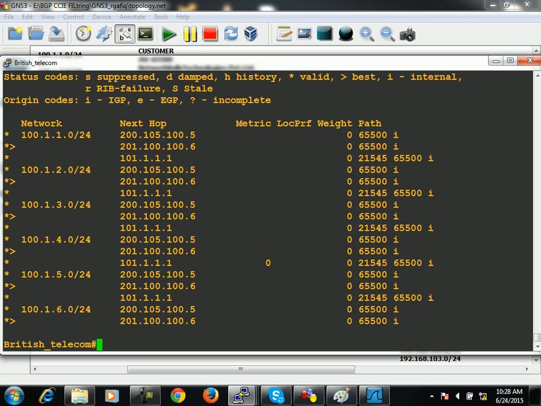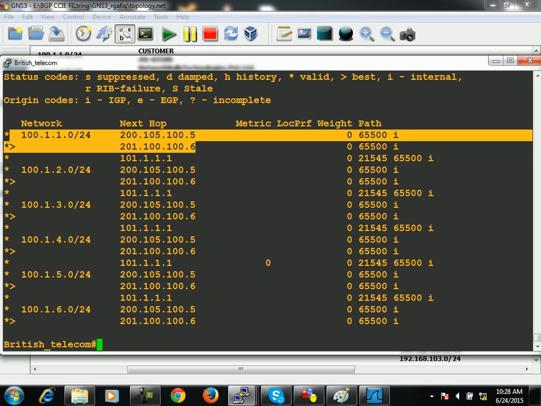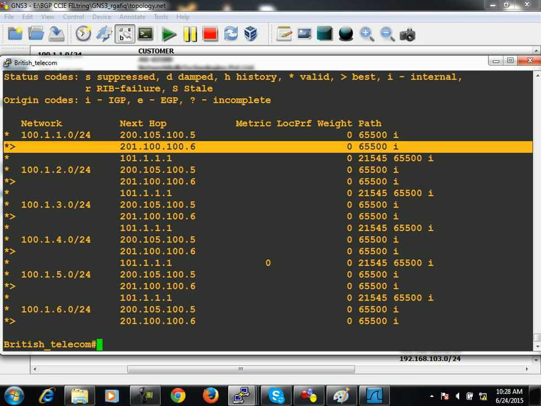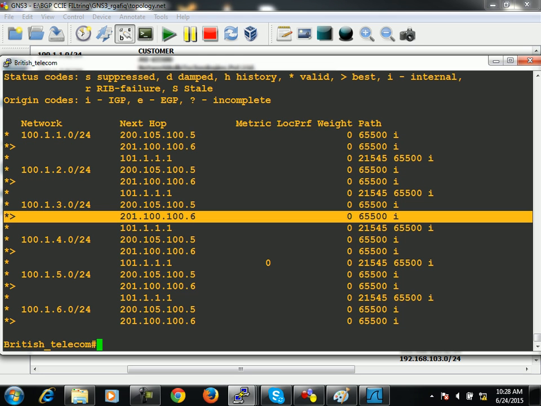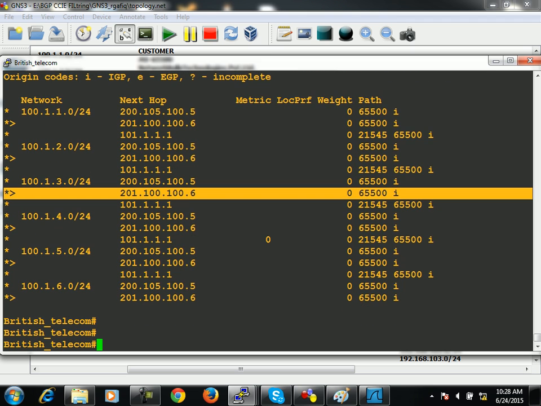Check it out. Once again, the best path is via R6 for the first prefix. For all of them it is via R6 actually. But if you clear it once again, it might be via R5. I mean, sometimes it will be via R5, sometimes via R6. But if I want to force my BGP to consider router ID for its best path selection for eBGP neighbors